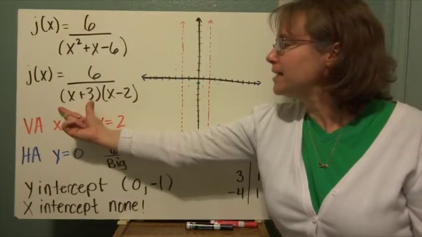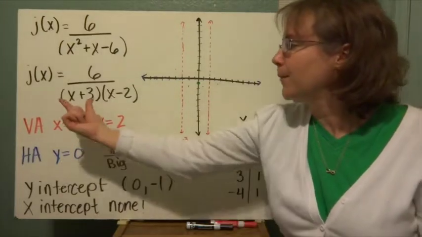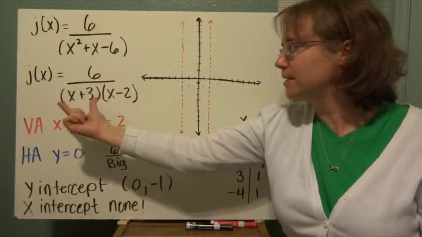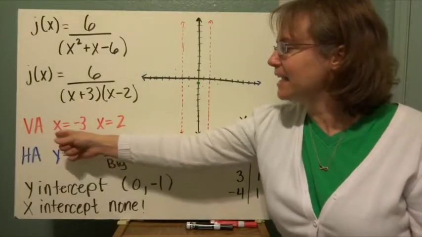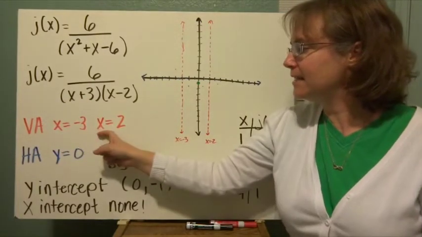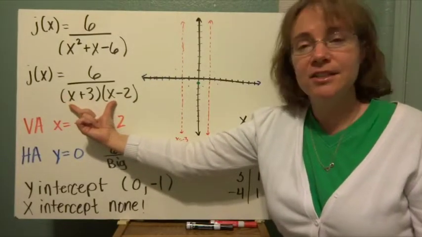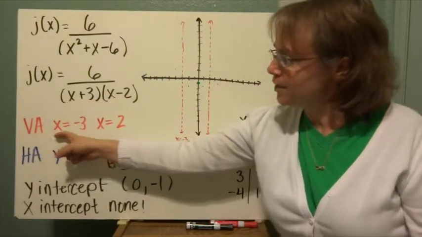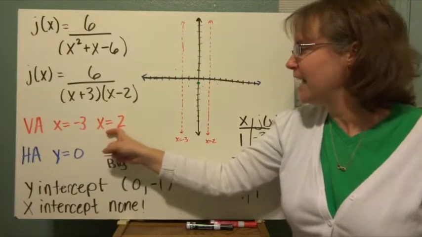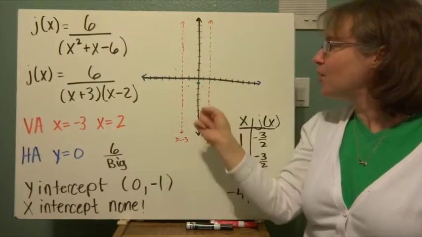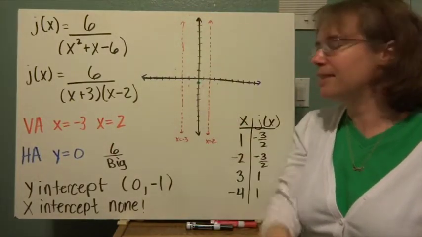So x plus 3, x minus 2. Now I can set that denominator equal to 0. I can set each of these equal to 0 because of the zero product property. And then I get x is equal to negative 3 and x is equal to 2. Now I can't have those values in the denominator, so my vertical asymptotes, I have 2 this time. I have x is equal to negative 3 and x is equal to 2. And I can go ahead and plot those on my graph as my vertical lines that the graph is actually